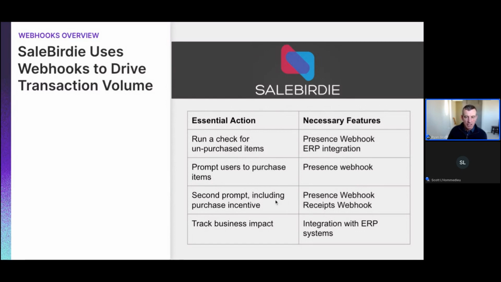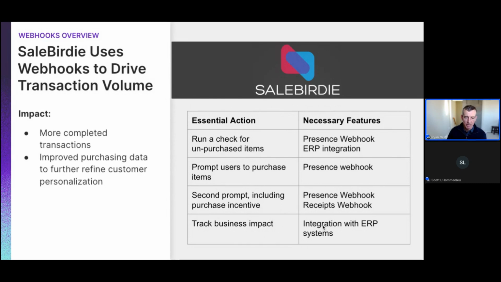And then, just as in the previous example, they could track the business impact of this greater outreach to customers with items in their cart that are not purchased by integrating with ERP systems. The impact's really clear here. So I think this undoubtedly leads to more completed transactions. It also leads over the longer term to improved purchasing data, which helps them further refine the customer personalization that they do, how they spur customer purchases, et cetera. So it's a really powerful system